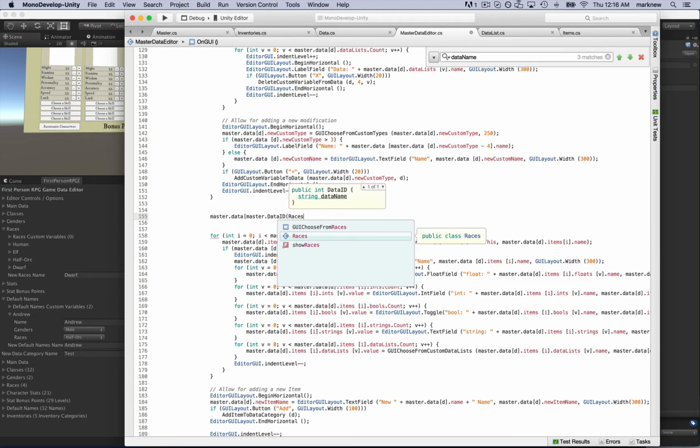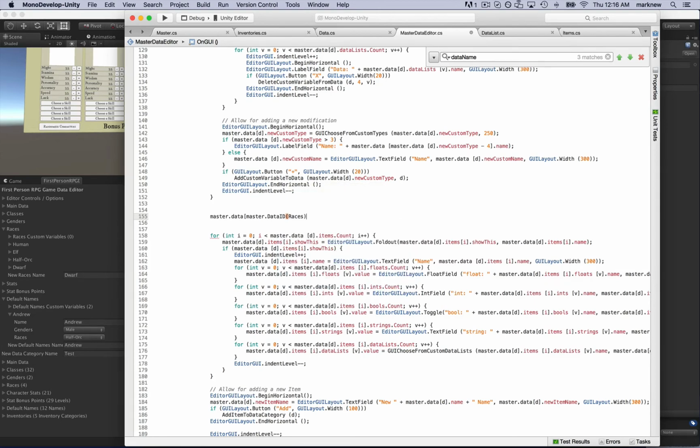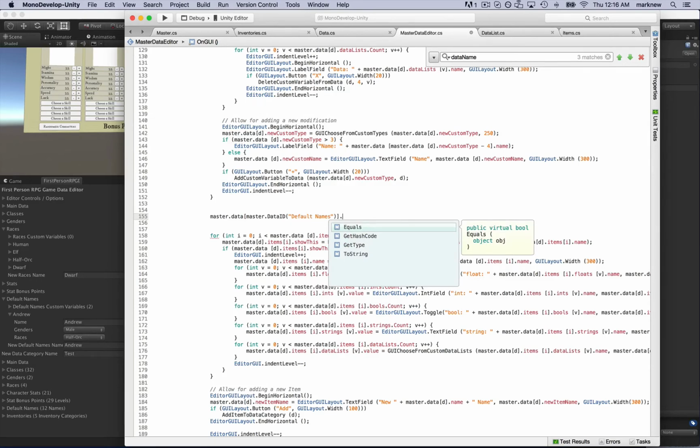So that'll send me data ID of default names. Whoops. Default, that's a string, default names. And that will return the ID number of default names, which will be 7. So master data default names dot items,